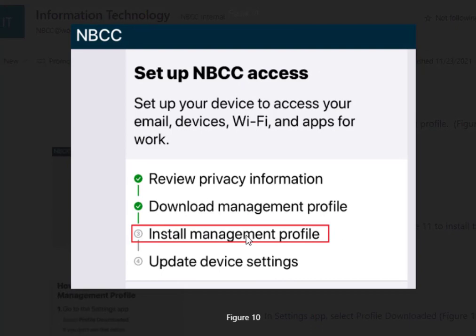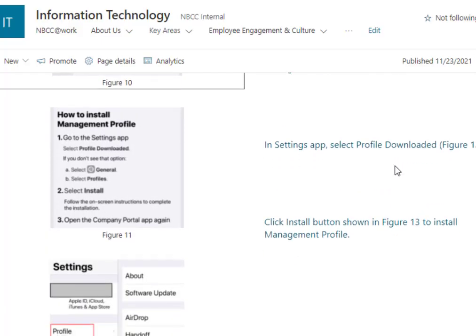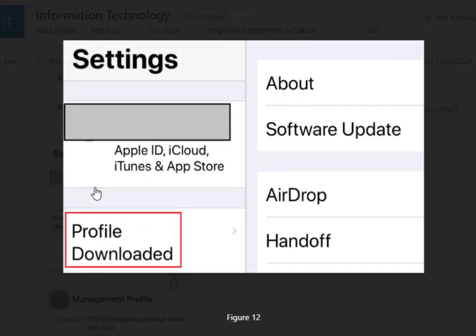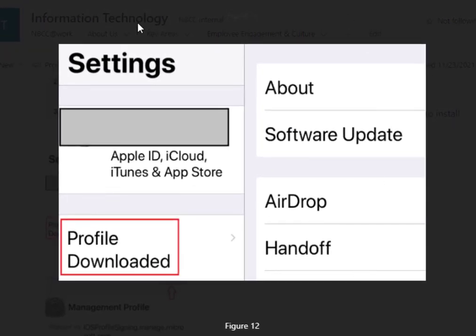it will bring you to the Install Management Profile section here. And again, just below here where it says Figure 10 here, there's going to be a Continue button. So it's not on the screenshot. So all you have to do is just click on that Continue button that will appear at the bottom. Then what will happen is it should bring you right into the settings area of your phone or device. So it should automatically open up the settings area here, where you'll just simply click the Profile Downloaded option right